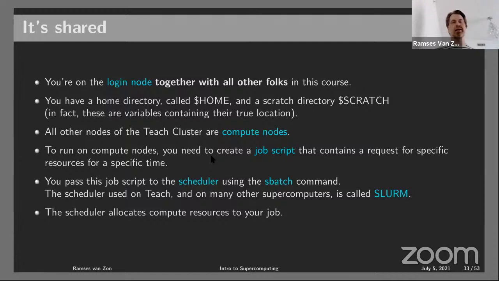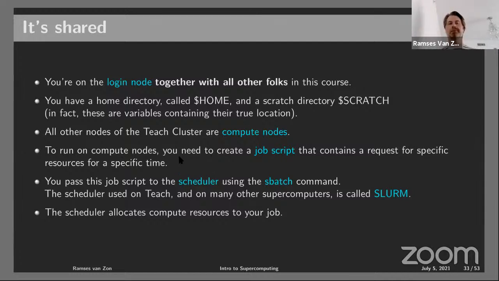We'll find that what we have to do to get access to those other nodes is to write a little thing called a job script. It's a text file with a few lines that specify how many nodes or cores you need, for how long, and some other things. That specifies your resource requests. And then the rest of this job script actually says what you want to do once you have those resources. So that's kind of how it works.